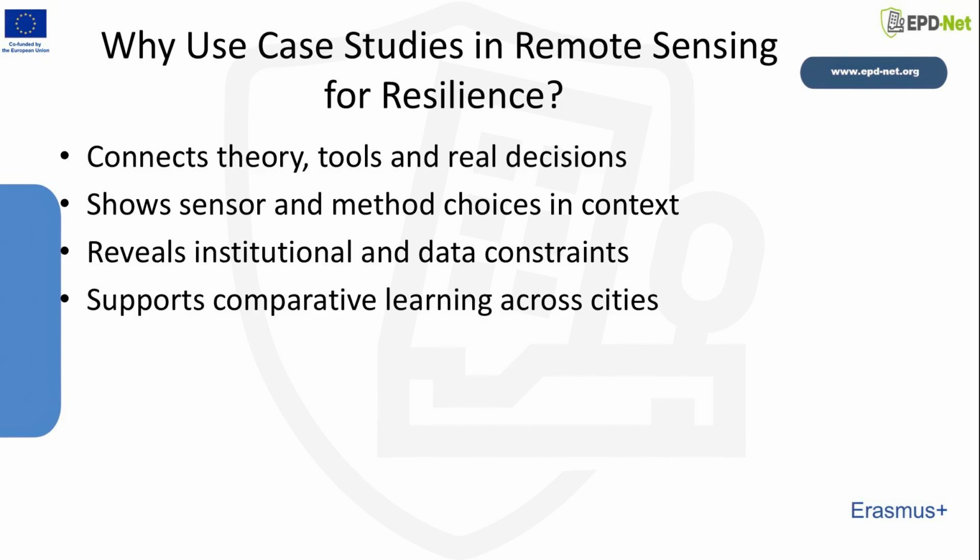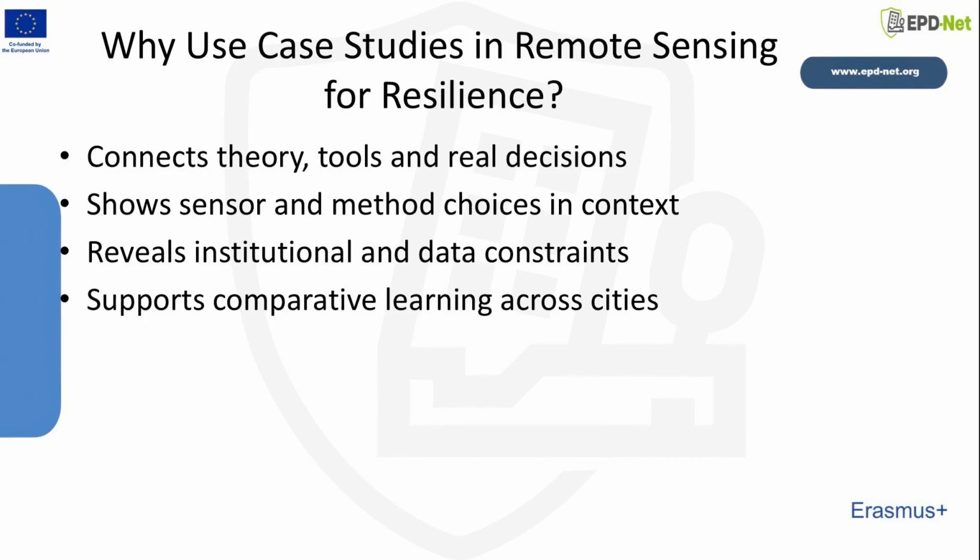Case studies show how decisions about sensors, indices and workflows are made in practice, often under budget, time or capacity constraints. They reveal not only what is technically possible but also what is actually feasible within specific governance settings. By comparing several cities, students can see how similar remote sensing methods are adapted to contexts dominated by floods, drought or seismic risk, and they can begin to recognize patterns, for example, when SAR is preferred over optical imagery, or when vegetation indices become central to water management decisions. This comparative perspective is intended to help students think about how they might translate lessons to their own cities or